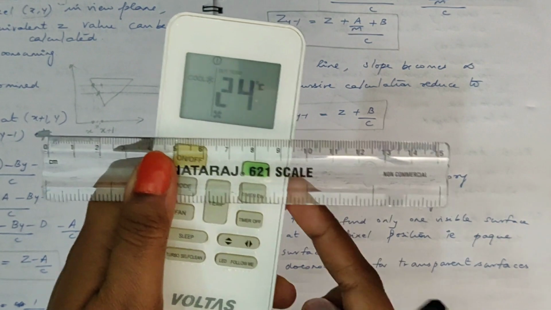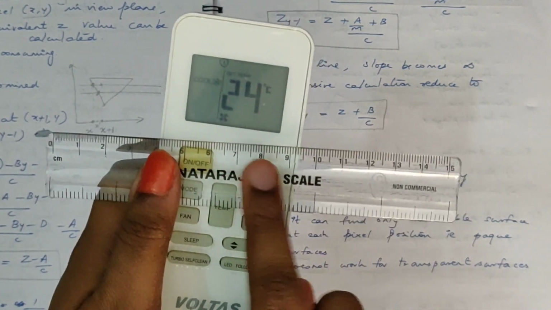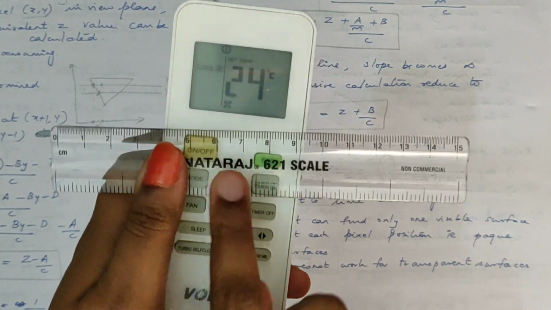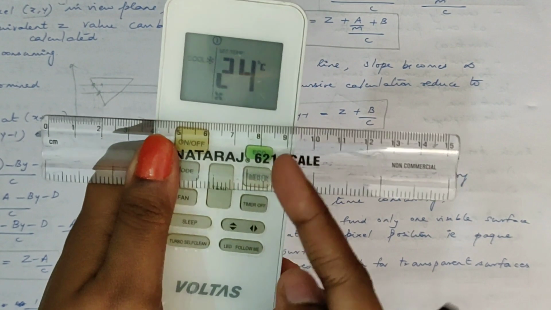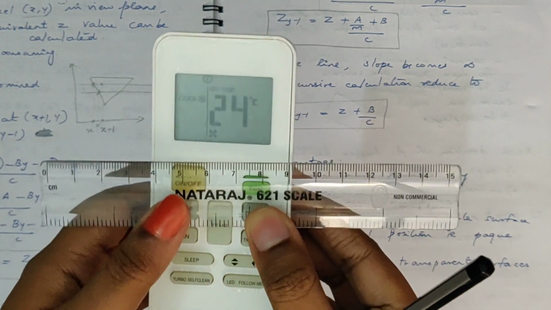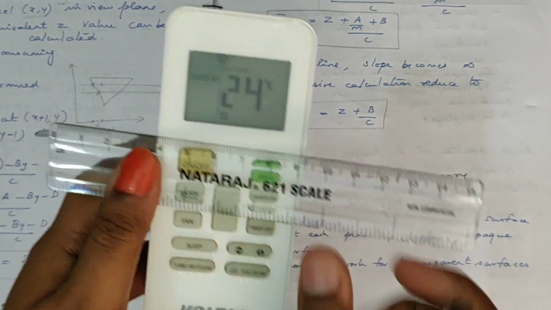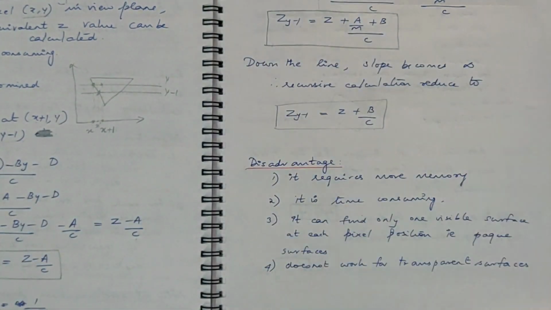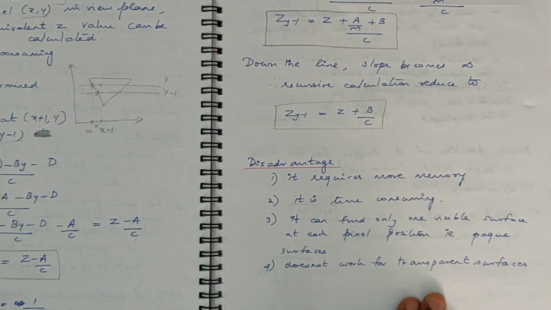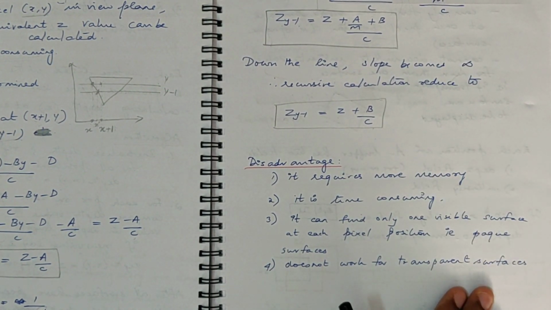But the intensity value for this object which is behind the scale, where you have a few white surfaces coming, is not getting stored in the refresh buffer. So the accumulation of the intensity values is not happening here. Only the RGB component for this scale will be stored in the refresh buffer. So this method will not work fine for objects which are transparent. That is another drawback of the Z-buffer algorithm.